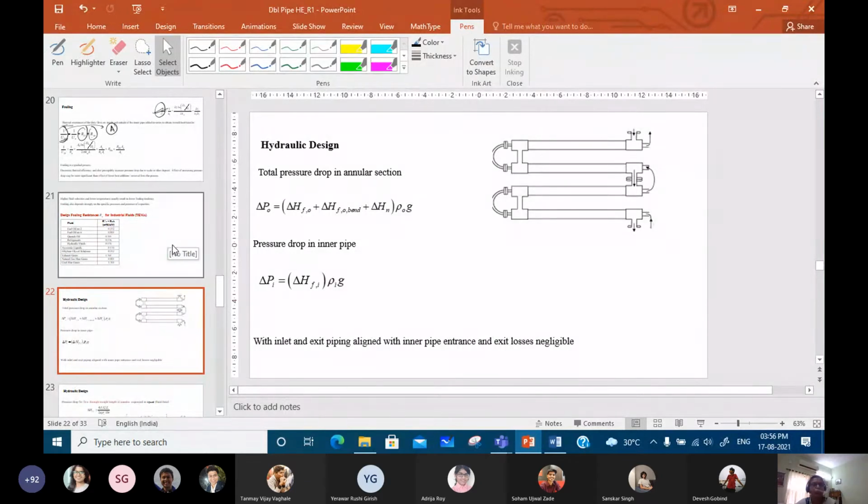If you feel, we'll be discussing this hydraulic design after you have progressed well and more or less formed up the thermal design. Then we'll go through the hydraulic design, or I can also upload some written material from where you can go through and find out the pressure drop. If you find that the pressure drop that you have calculated is within the permissible limits, you are lucky. Or else we may have to work out some other things that we'll be discussing after you have carried out these calculations.